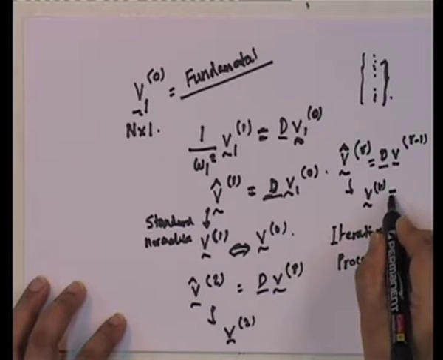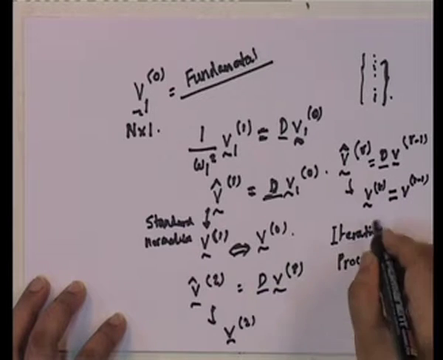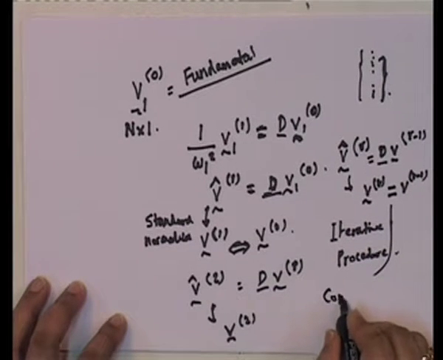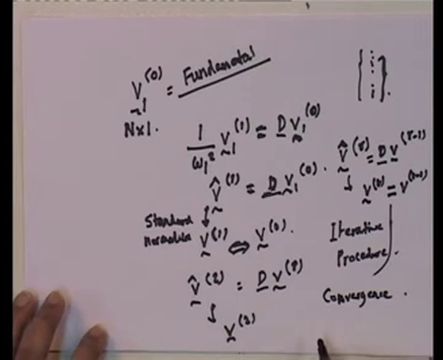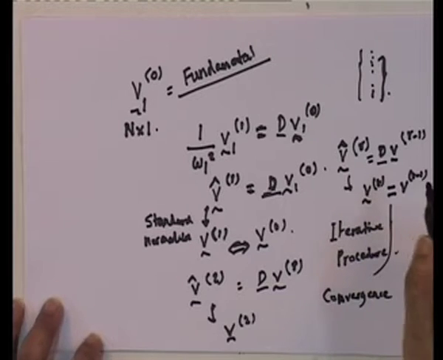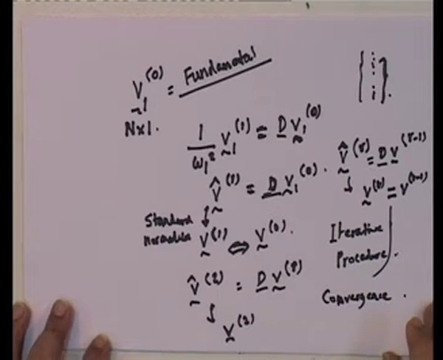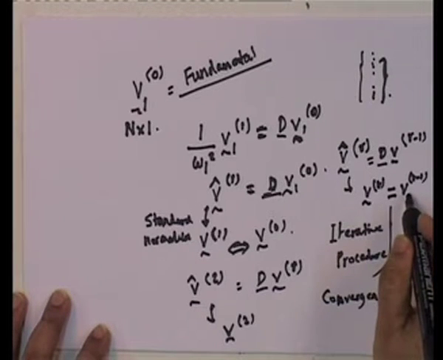Now, let us say that V r is equal to V r minus 1. Convergence. Okay. So, now the trick becomes that, look, if you look at it, since this is equal to this, we